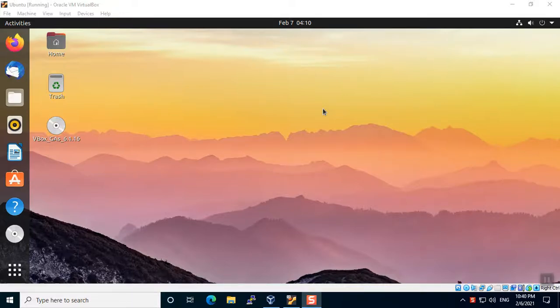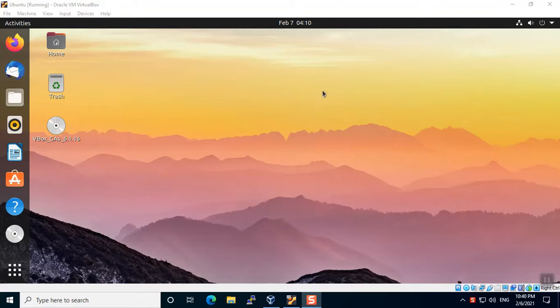My name is Chandan and today we are going to learn how we can install Apache on Ubuntu system. Currently I am using Ubuntu 20.04 LTS version for installation of Apache. Let's understand what is Apache. Apache is the web server which helps us to host our websites. Let's see how we can install it.